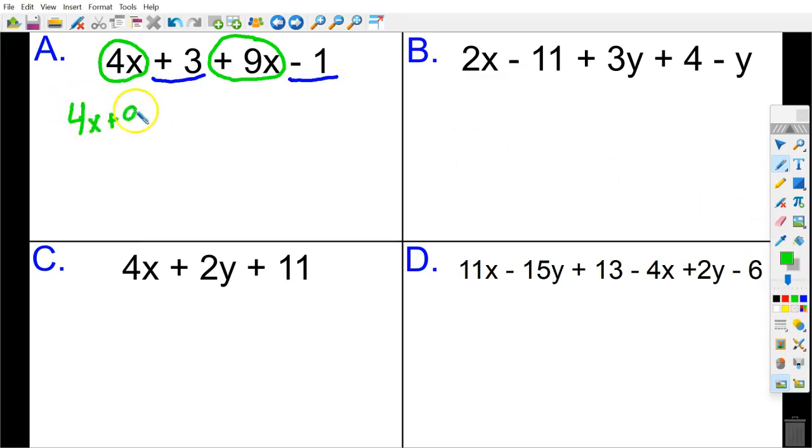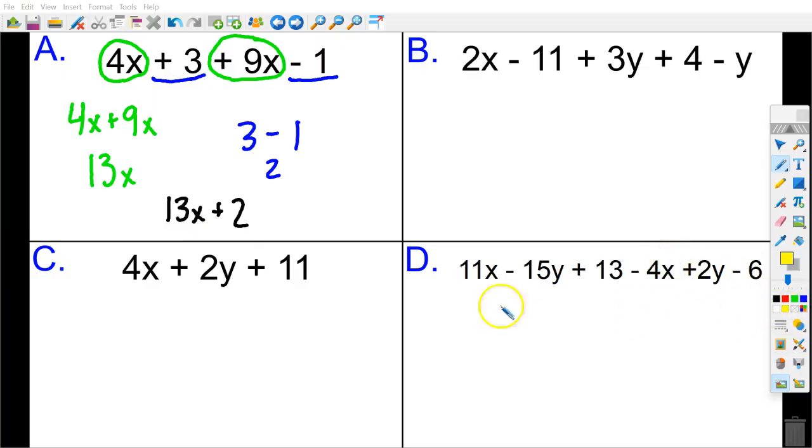4x plus 9x. And I've got 3 minus 1. So what is 4 plus 9? 13. X. X comes along for the ride, okay? Now what is 3 minus 1? It is 2. So let's make this expression. We've got 13x plus 2. Boom. And we're done